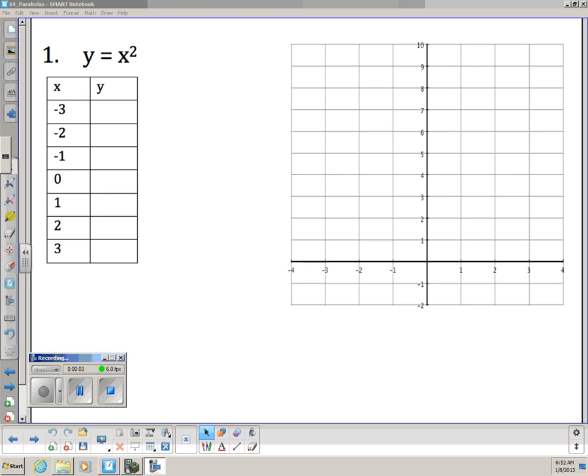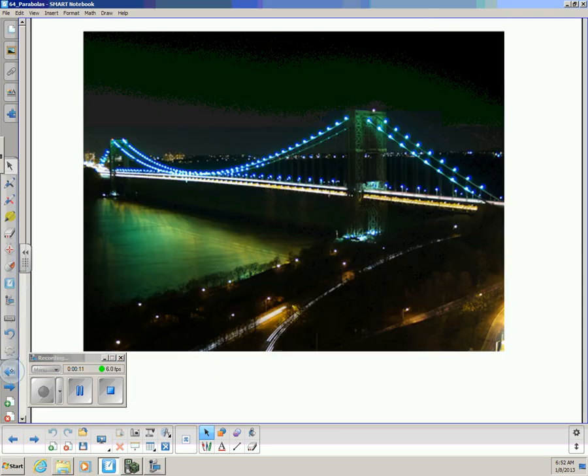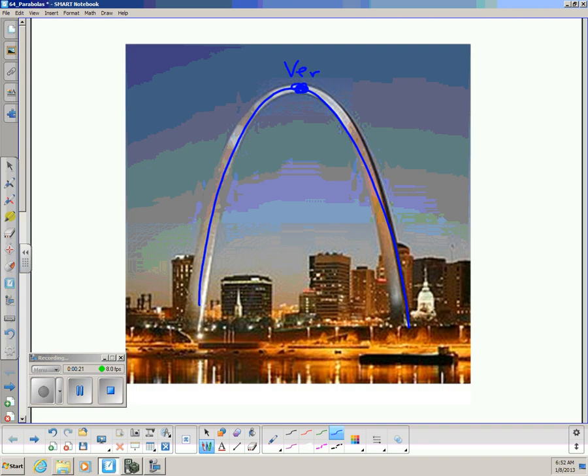Okay, this is our video lesson on how to graph parabolas. At the beginning of class, I showed you lots of real-life examples of parabolas. For example, you have the St. Louis Arch. The St. Louis Arch comes to a maximum. This is what we call the vertex, and it comes to a maximum because it's the highest point on the